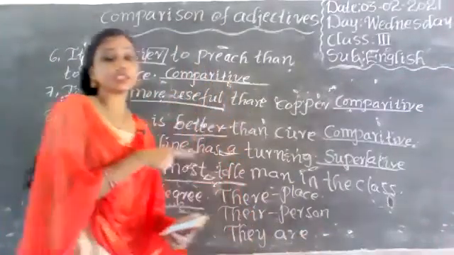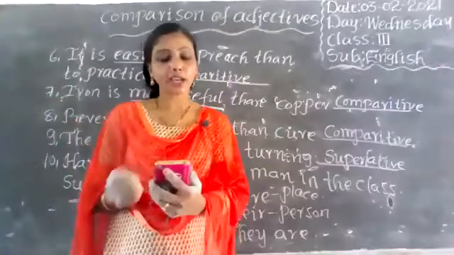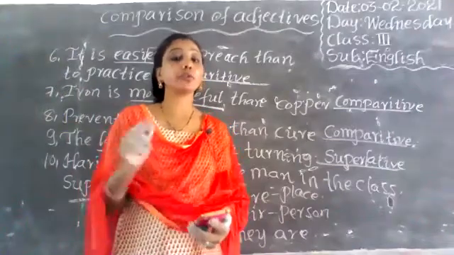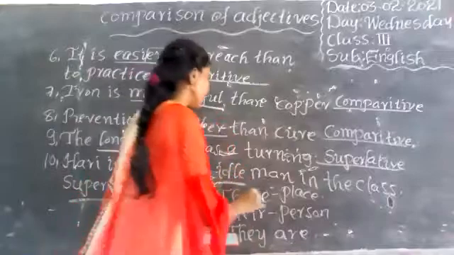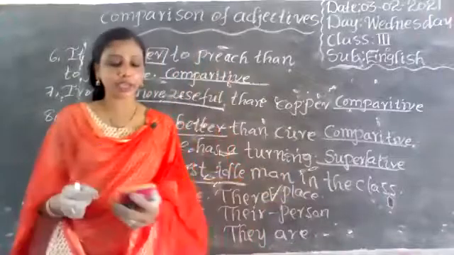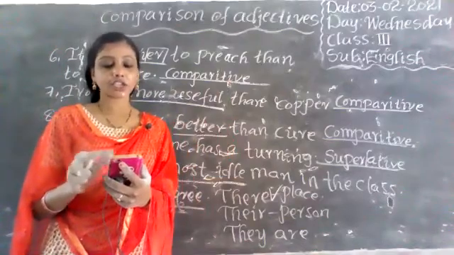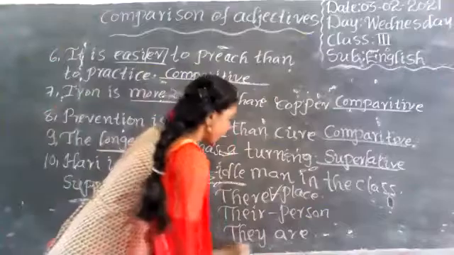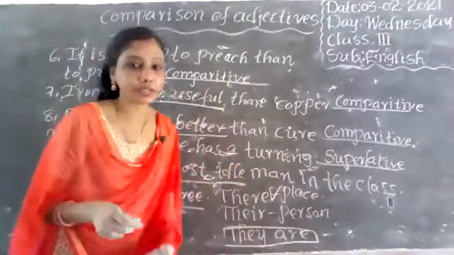Okay, so these three words we have to use in particular places. For example, I really don't want to go dash. I don't want to go there. That means the faraway place. So here we have to use there for the first blank. Okay. Next blank, I am always wrong and dash right. They are right. I am always wrong, but they are. Those people are right. Okay. Did you understand?